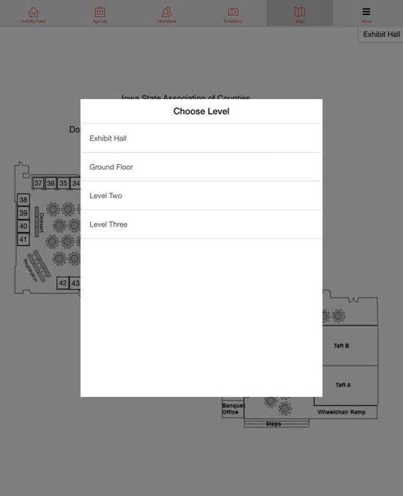Still showing on ours. Choose level. So we're having a little technical difficulty. It just kicked me out of the webinar for some reason. I'm not sure why. So if you have any questions, please ask them now. I'll continue to answer questions while I try to get back in here. I'm not sure why it kicked me out. That's weird.